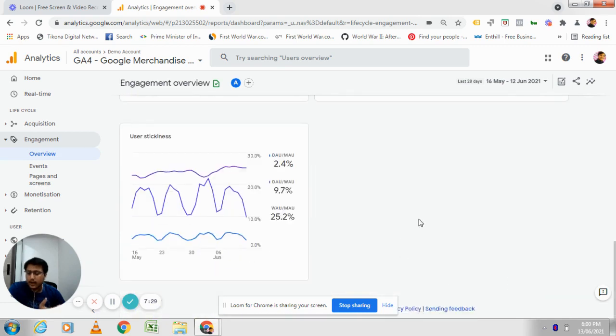Okay, now there is something called user stickiness. This is a very important metric. If you are a startup, then this is something your investors would like to see. Now let me tell you one simple example. Let's say you are acquiring 100 users every day. So on day one, you have acquired 100 users, day two, 100 more, day three, 100 more. So by the end of day three, you have acquired a total of 300 users. So by the end of a month, like by the end of 30 days, you will acquire almost 3,000 users